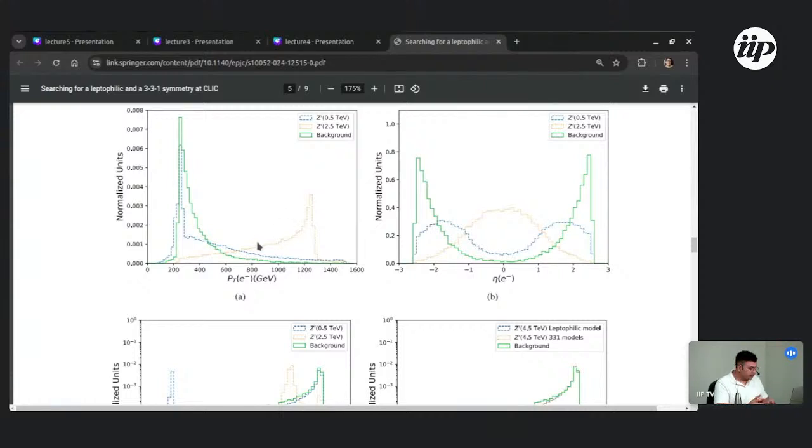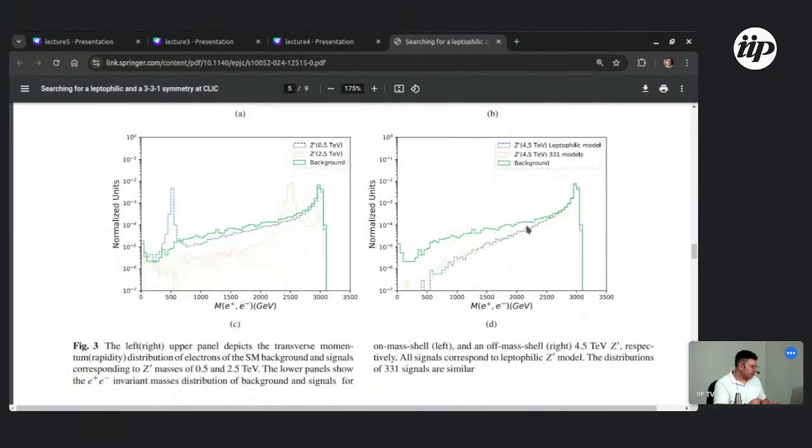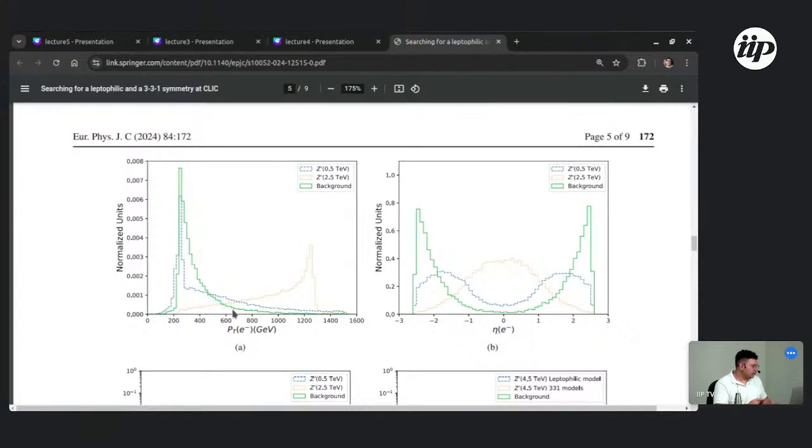where the results appear, for example, PT is the transverse momentum. That was a variable that we studied, I think, in the first lecture. And we have eta, the pseudorapidity, and we have the invariant mass of the final particles, the final electron-positron pairs. So our objective here is to compare